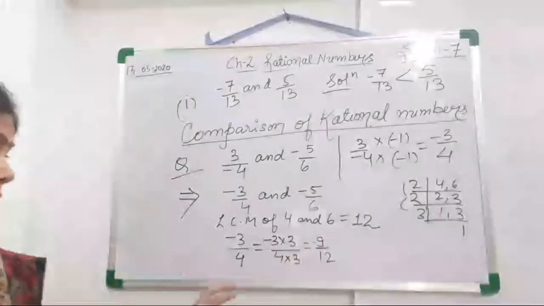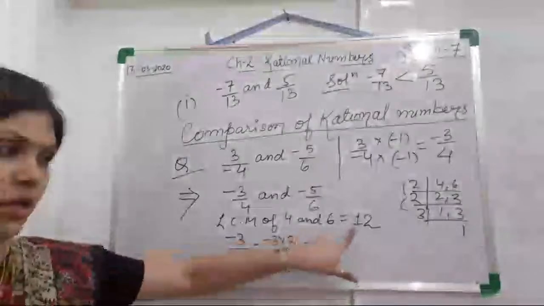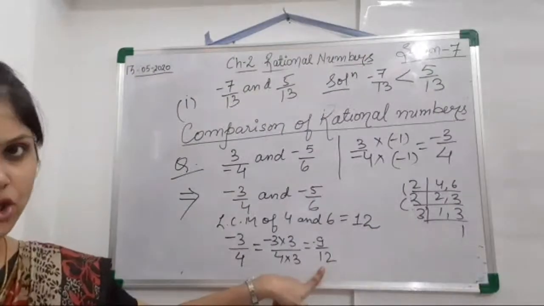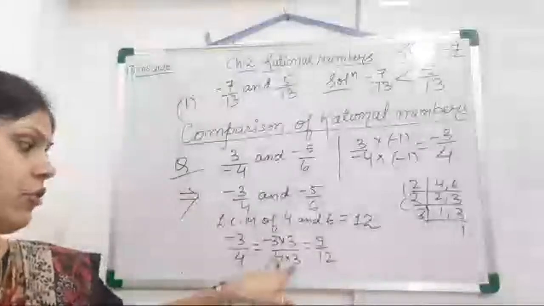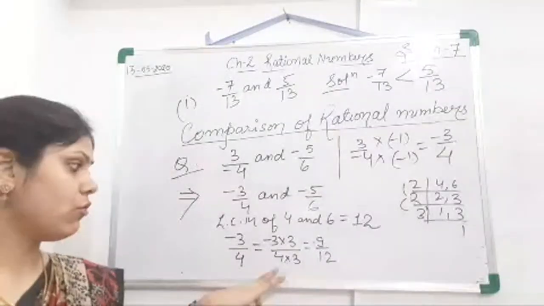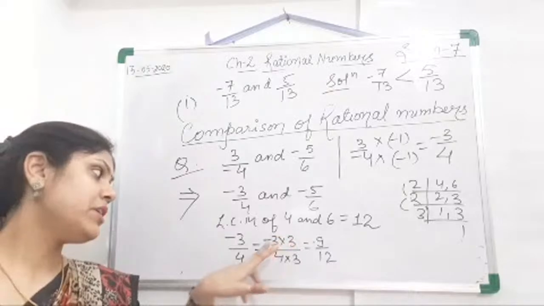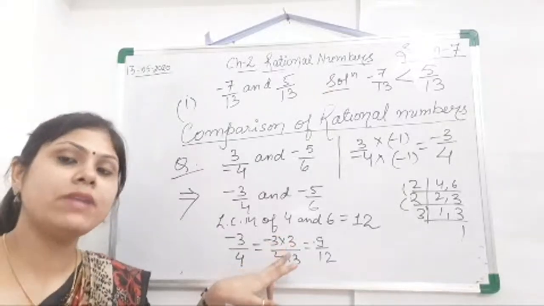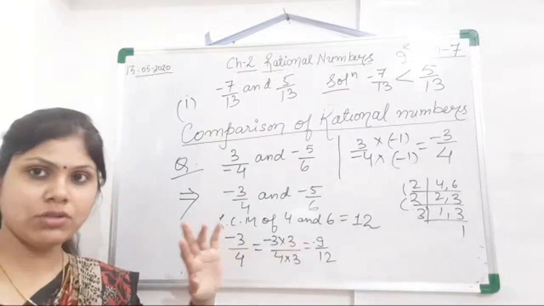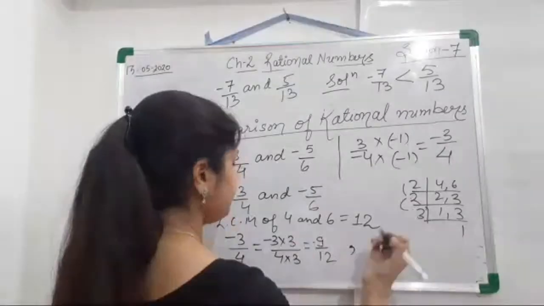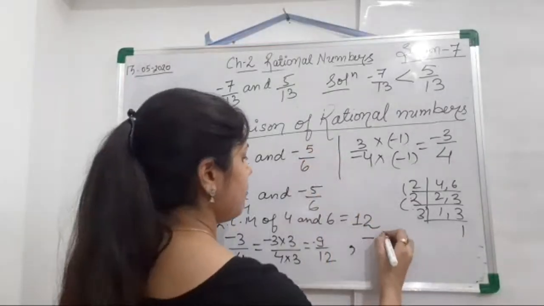Because you got the LCM as 12, you know the denominator will be 12. So we will convert it to an equivalent fraction. 4 into 3 is 12, which means you have to multiply by 3 in the numerator as well. So minus 3 into 3 is equal to minus 9. Now, next one, minus 5